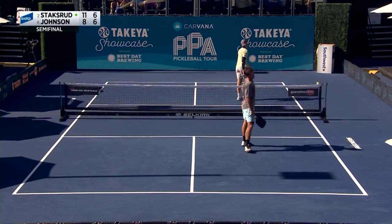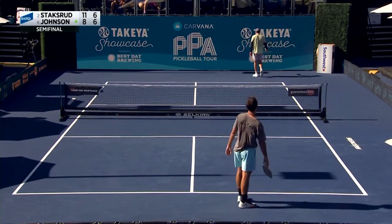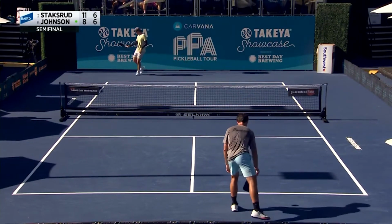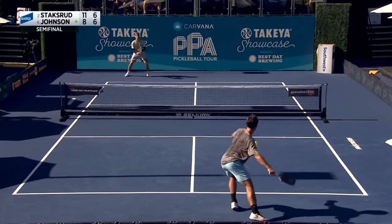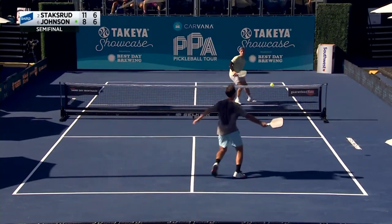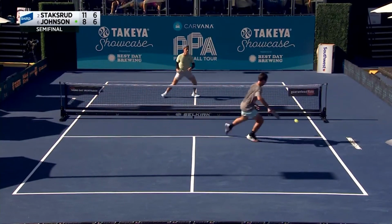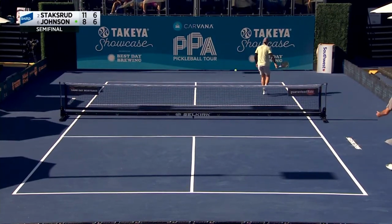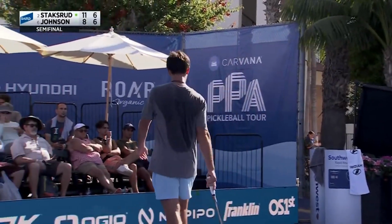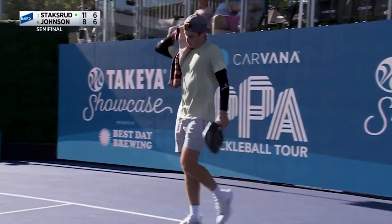That's a big response from J.W. Johnson. One step ahead of Staksrud on the angle, stepped in and read it all the way through. That's exactly it. Staksrud usually so good at pouncing on that, again a step late, and then went with the backhand swing that was read perfectly from J-Dub, and there he comes with hands. Oh, just barely missed. Would have been impressive. Yep, that's short, meaning it just didn't make it all the way to the...